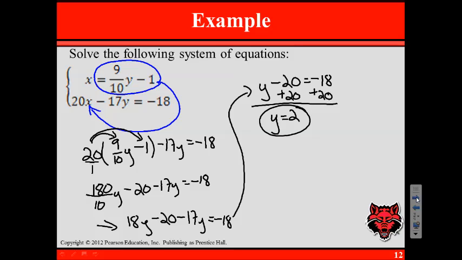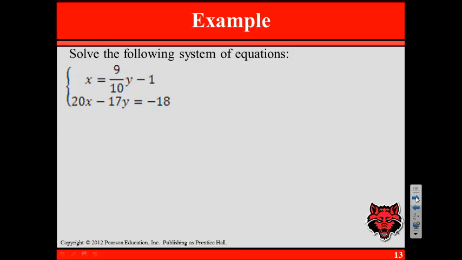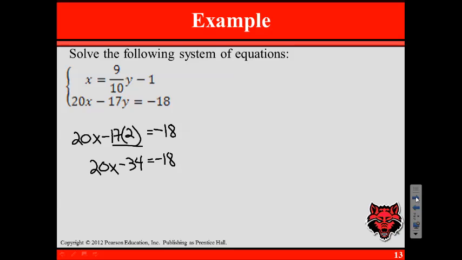Just like before, once we have a y value, we can plug that into one of the original equations and solve for x. So let's do that on the next slide. We can take y equals 2 and plug it into the second equation, for instance. So we multiply 17 and 2. That gives us minus 34. We can then add 34 to both sides. We would be left with 20x equals